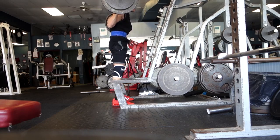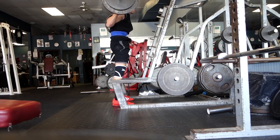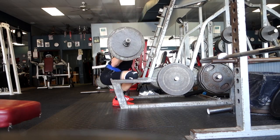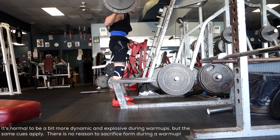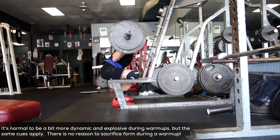I was maintaining tightness. I was getting below parallel, so everything was going really well. And I think this is one of my problems, and something that I often see with some other people is that we rush through our warm-up sets when they should be treated like working sets. So we get that motor pattern down and prepare ourselves to lift the same way as we did during our